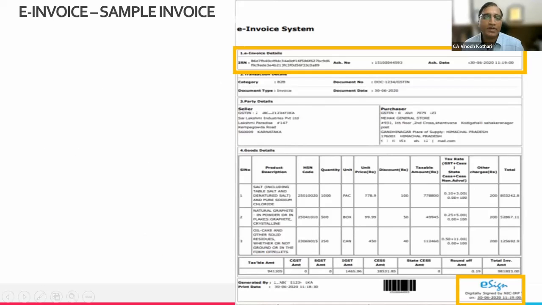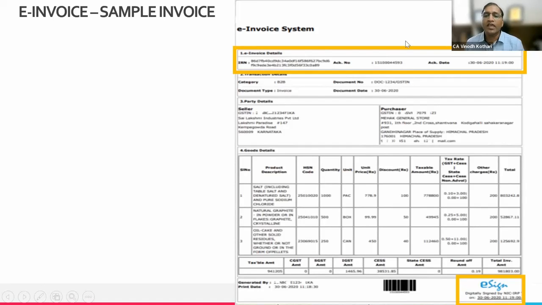So this is a sample e-invoice. You can see that there is a QR code, and these are the details. The yellow color box contains the IRN number, acknowledgement number, and acknowledgement date. That means when you send the data to the invoice registration portal, it will send you back these details: the QR code, the IRN number, the acknowledgement number, and the date and time.